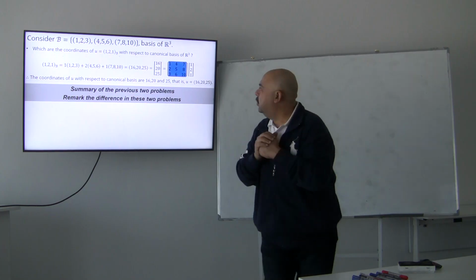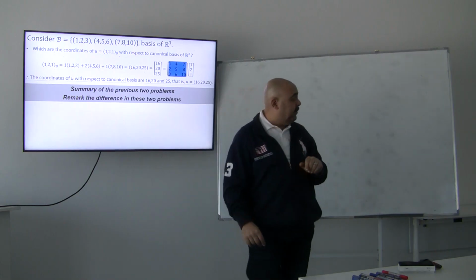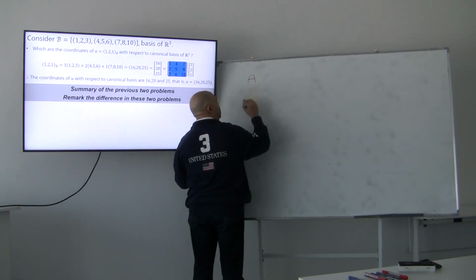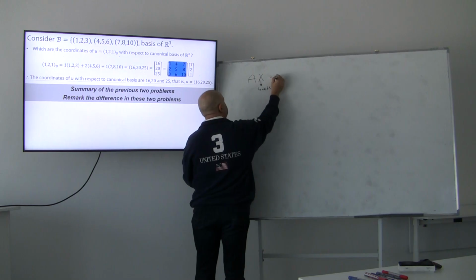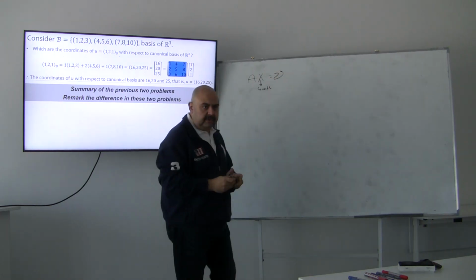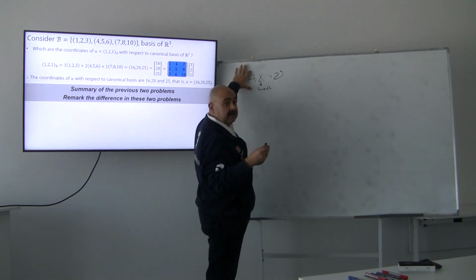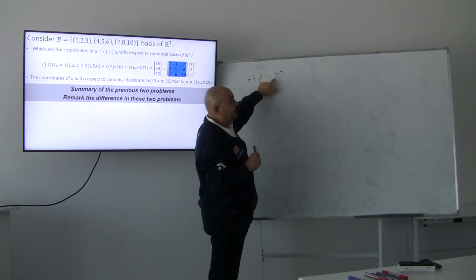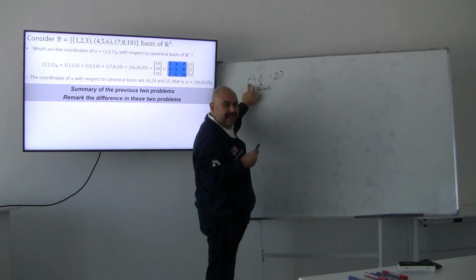Now the reverse: I can give you the vector and ask you for the coordinates. Simply, I want you to remember at all times that this is the A matrix, which is got from the basis of a vector space. This is x, which stands for the coordinates of any vector, and the result will be the vector itself. So if I want to get a vector, all I have to do is multiply the A matrix from the basis by the coordinates, and I will get the vector. If I want to get the coordinates, I can multiply the vector by the inverse of A,